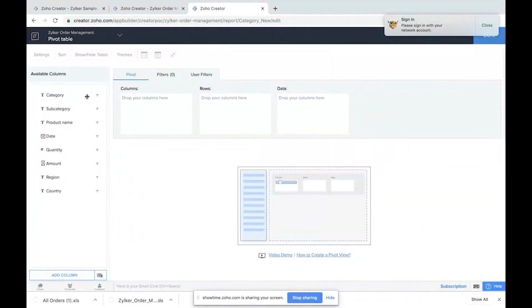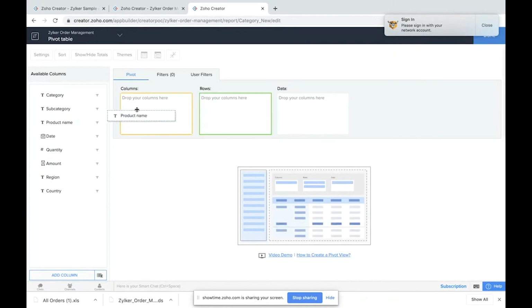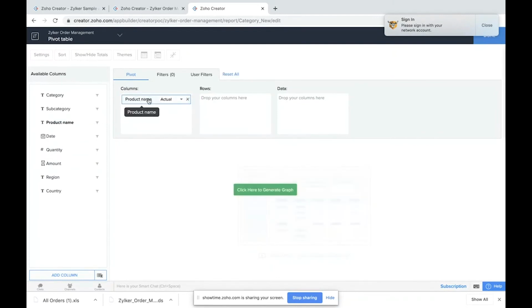So once that is done, I just need to drag and drop the columns accordingly. So here I'm going to have a column something similar to the x-axis. I'm going to drop according to the fields that I have here. So basically, I'm going to put the column as product name. Drag and drop the product name in the column. And the row can have the category basically. Let me drag and drop the category. So both are in the actual